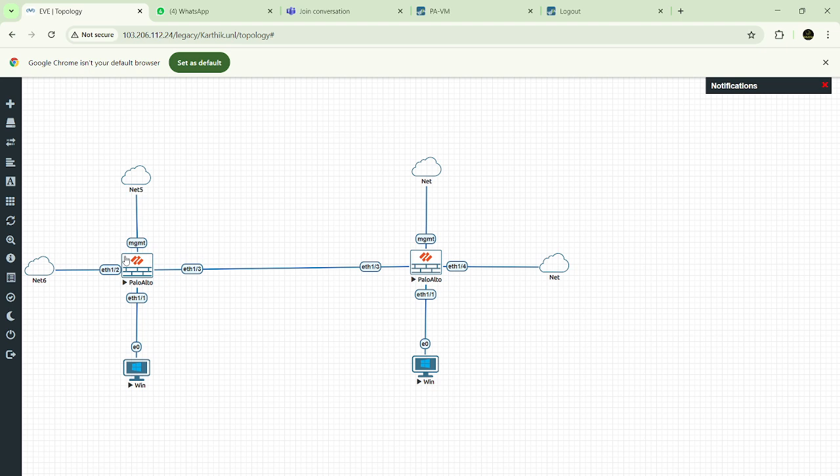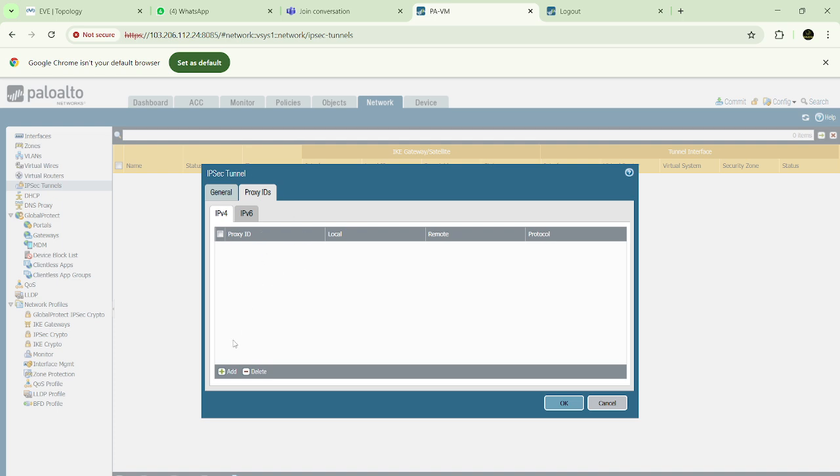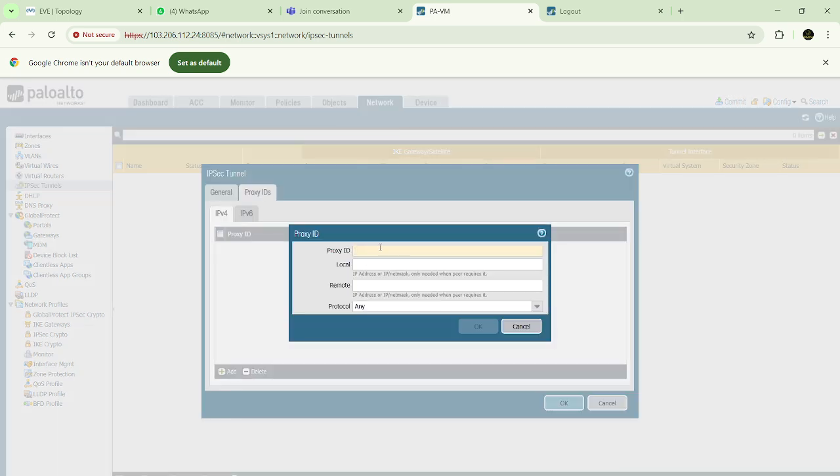But other firewalls, like Cisco ASA, Checkpoint or FortiGate, are policy based, because they have to create policies to route the traffic. That's why we need to configure proxy IDs, so that we include the remote site and